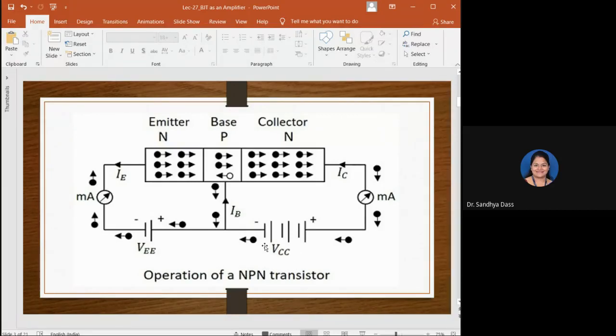Typically the operation, as I discussed in the previous class, the biasing will be done in this way. Observe here, this is your emitter part, this is your collector, and this is your base. There will be three terminals to the three regions of the transistor. The terminal towards this region is called emitter, the center terminal is called base, and to this region, that is called